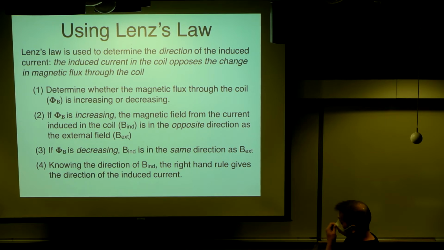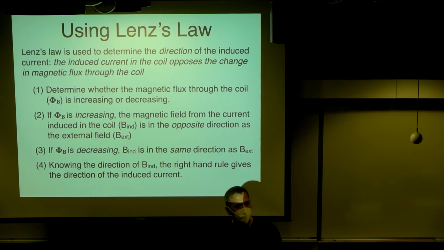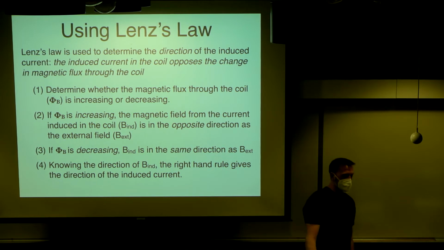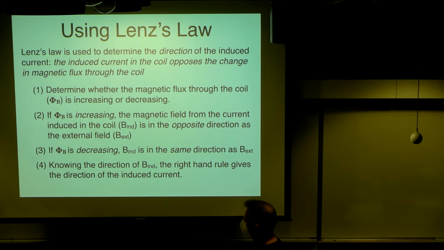So here, step one. Determine whether the magnetic flux through your coil is increasing or decreasing. That's pretty straightforward, right? Like if I have more field lines going through the coil over time, I have an increasing flux. If I have less field lines going through the coil over time, then I have a decreasing flux. So one of those things is going to be happening. Just try to figure out which one. All right, once you've determined that,